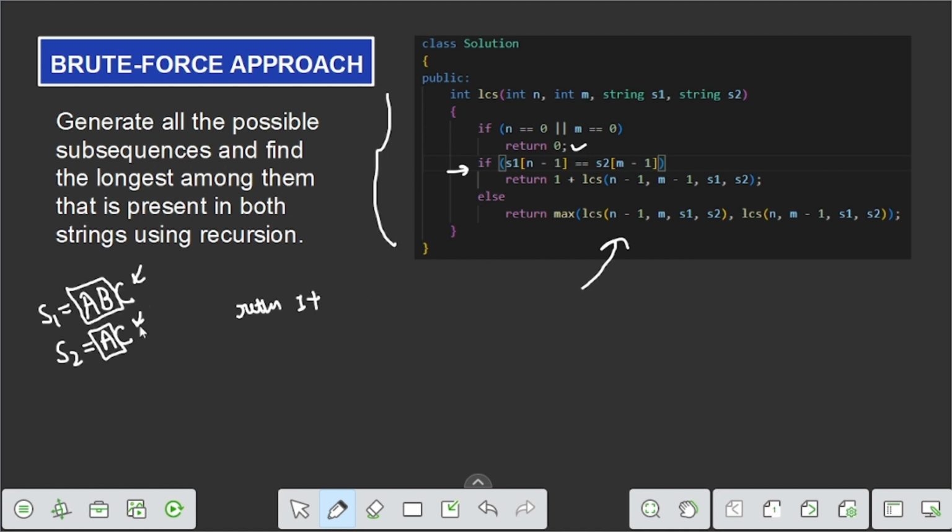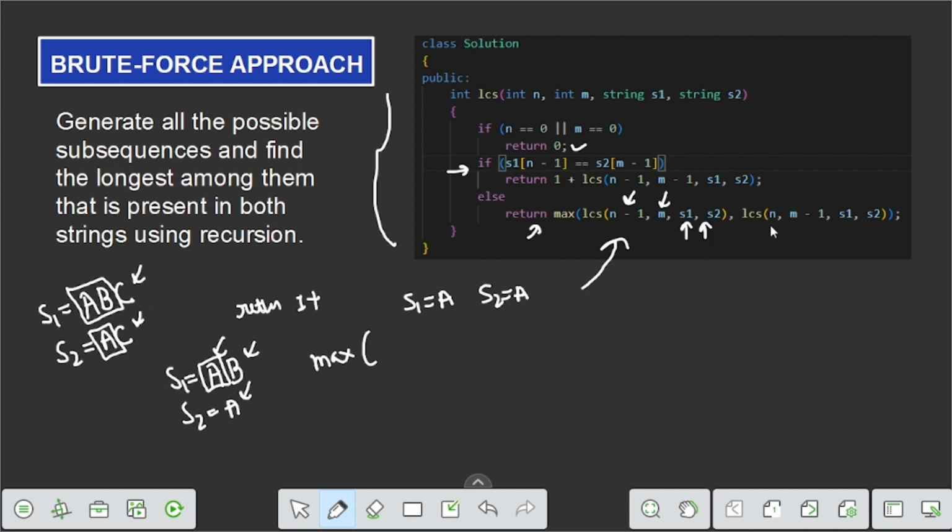In the next case, S1 becomes AB and S2 becomes A. Here S1 of n minus 1 and S2 of m minus 1 are not equal, because B is not equal to A. Then we return the maximum of LCS of n minus 1, m. So this n minus 1 call makes S1 become A and S2 remain the same A, because the length of S2 remains m and the length of S1 decreases by 1.